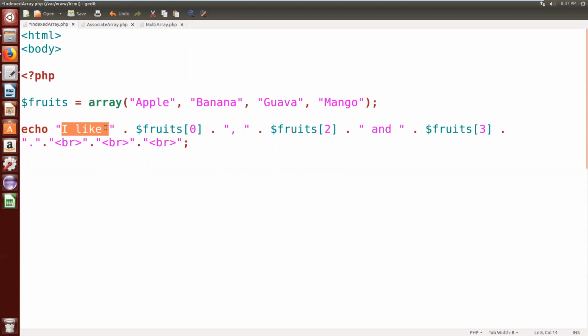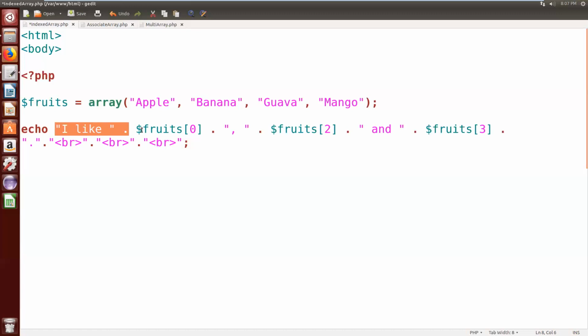I want to print this string as it is on the screen, that is the reason I am writing this string inside the double quotes and using this dot operator. As we know, in PHP, the dot operator is used for concatenating 2 strings. So here the content of $fruits[0] I am attaching to the first string, "I like".